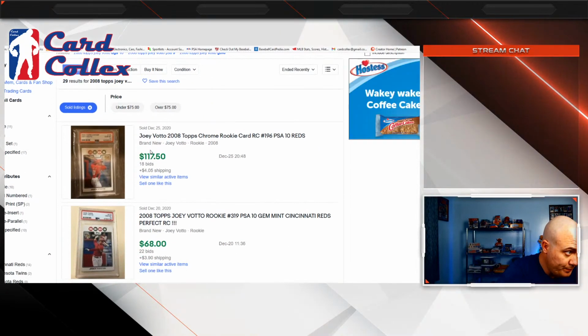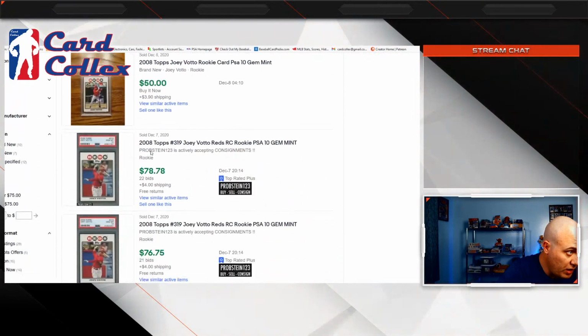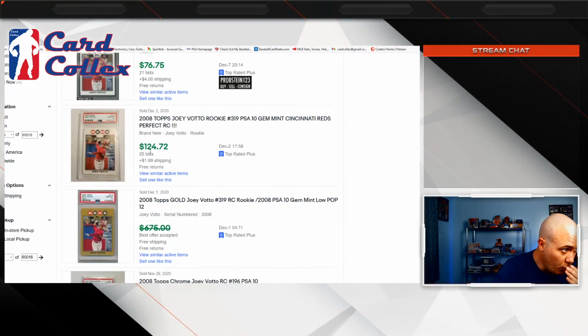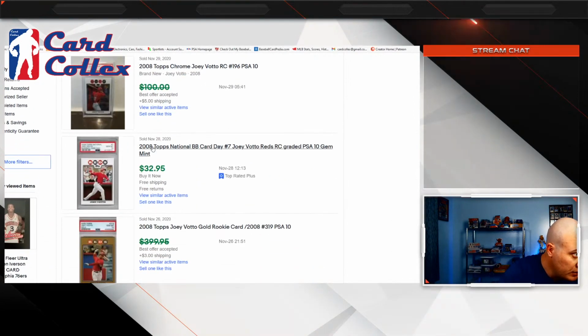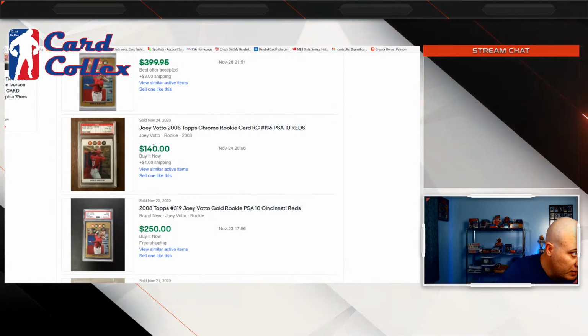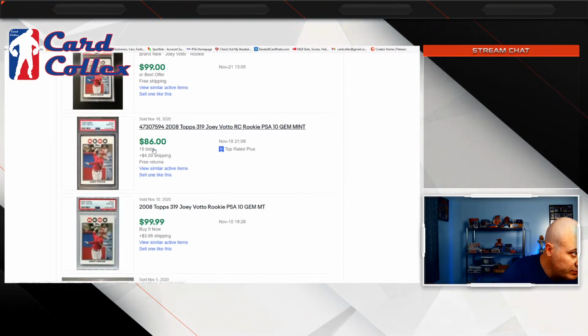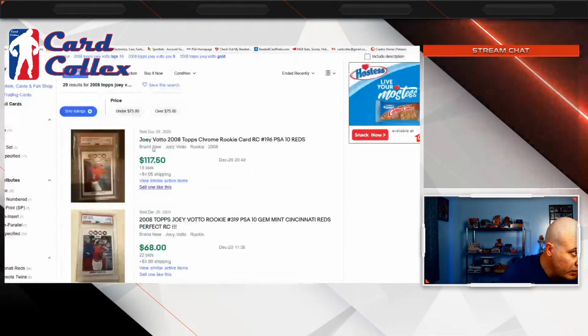That's the chrome. So yeah, the regular ones in PSA 10 aren't going for a whole lot. They were going for more. It's getting to that part of the year. Like I say, January's kind of the best time to buy baseball cards.